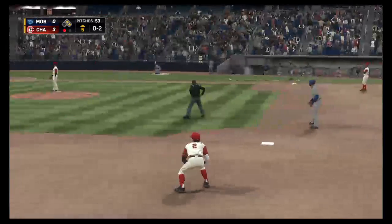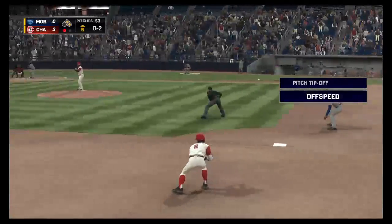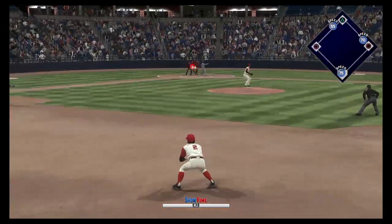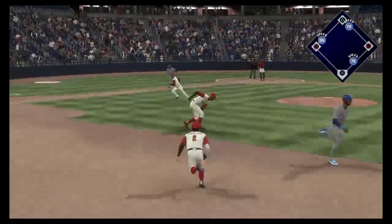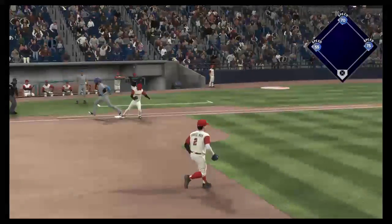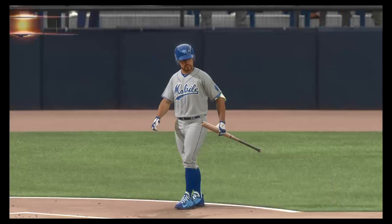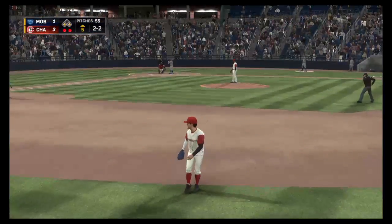Stepping in, Andres Bruno comes into this at-bat 0 for 1 in the ball game. Here it comes on 0-2. Swinging, a ball hit on the ground. Scooped up on the backhand. And they will not get him at first as he's able to leg out. Stepping in and